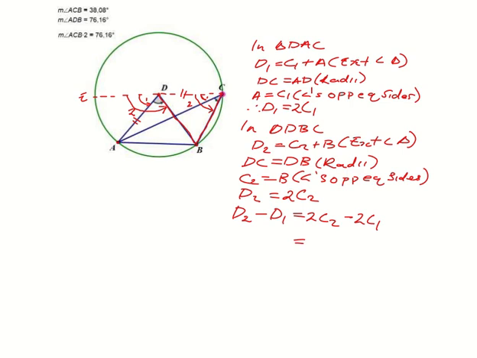Then we can factorize the 2 here: 2 times C2 minus C1. And if we look at it, the bigger angle C2 minus C1 gives the smaller angle, which is the angle at the circumference. So still the angle at the center is twice the angle at the circumference,